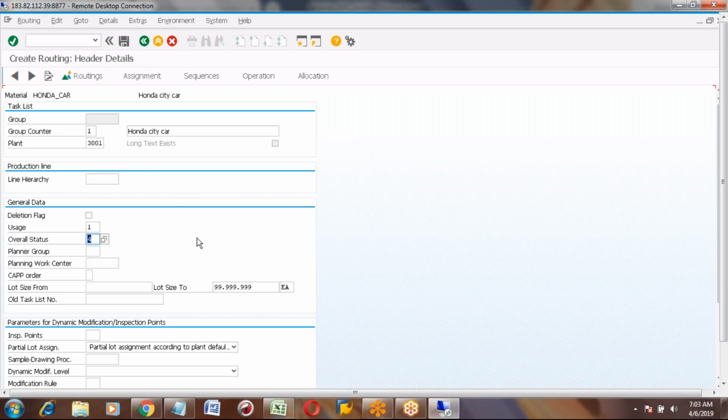The next thing is, at the top you have the buttons like routing, assignment, sequence, operation, and allocation. There are other fields, like planning work center. Is that not the work center that we can enter here? No, we won't enter the work center here. We will enter the work centers in the next step. Planning work center is used